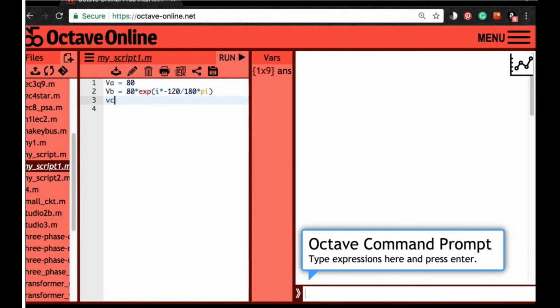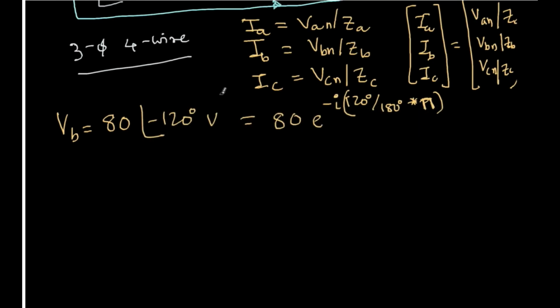Now VC, the C phase voltage, that is again 80 multiplied by exp. So here I multiplied by minus 240 divided by 180 and multiplied by pi, just for conversion to radians. Now I have defined the values. Similarly, A phase impedance, B phase impedance and C phase impedance I want to define. So what is A phase impedance? I remember it was 5 ohms just, and let me refer to B phase impedance,